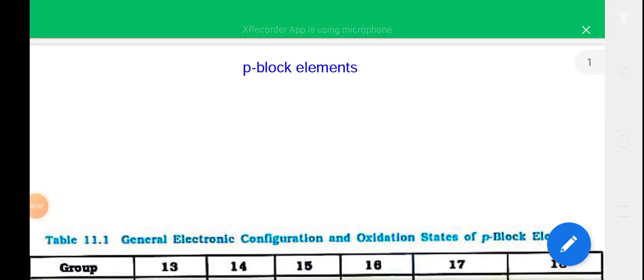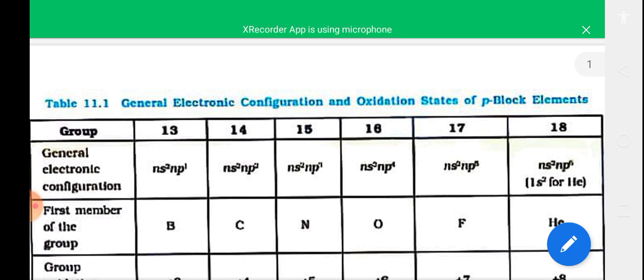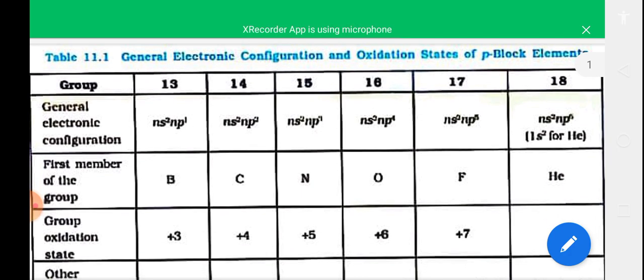In this video, today I will discuss p block elements. In the periodic table, group 13 to group 18 elements are known as p block elements. Group 13 to group 18 elements. Among these